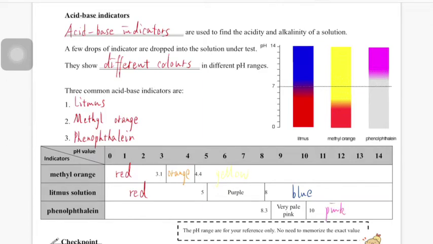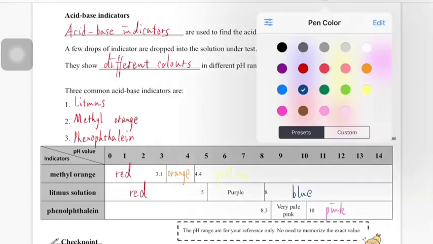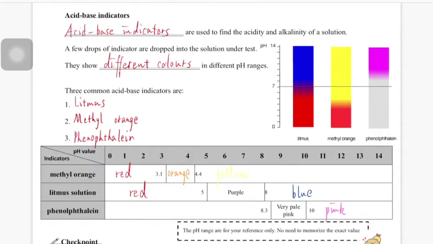Okay, and in the transition area here, it will show a very pale pink. And then when you get closer to pH 7 or below pH 7, it would just show a colorless solution. Because it's colorless, I would not be able to write with white, so I'll just choose black to write. Okay, so the exact number I don't expect you to remember,